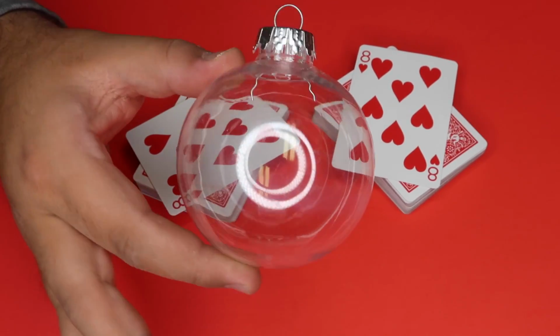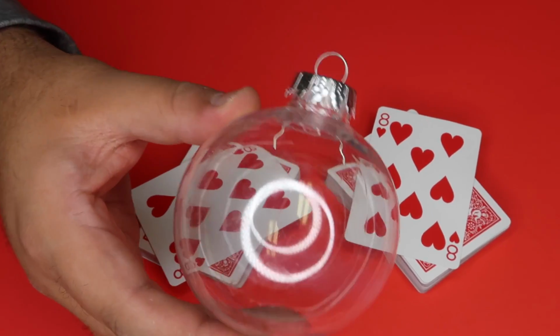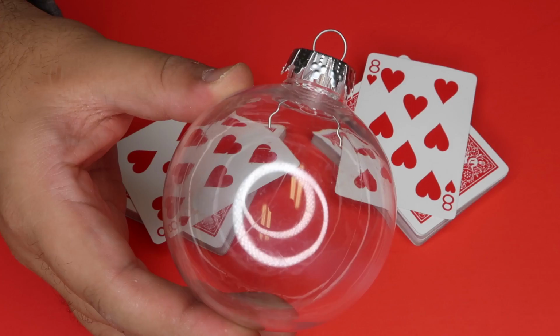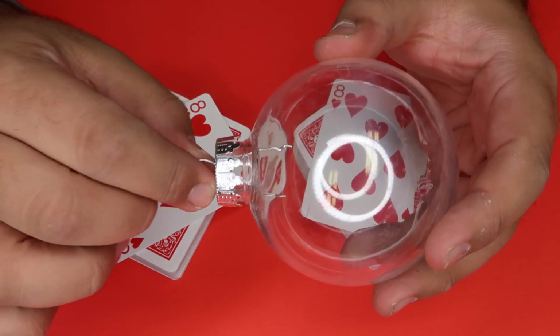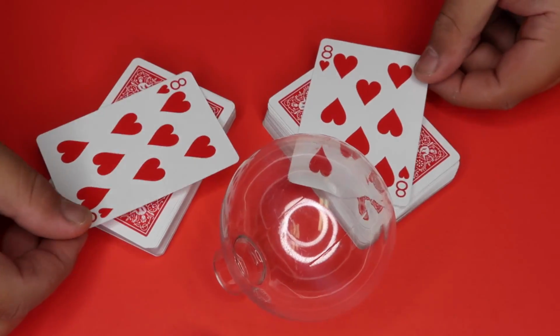Here's what you need to set this one up at home. You're going to need one of these clear plastic ornaments. You can pick these up for craft projects. They're the type of ornaments that you can paint and decorate yourself, but we're going to use it for a card trick. So you just remove this little stopper in the top,